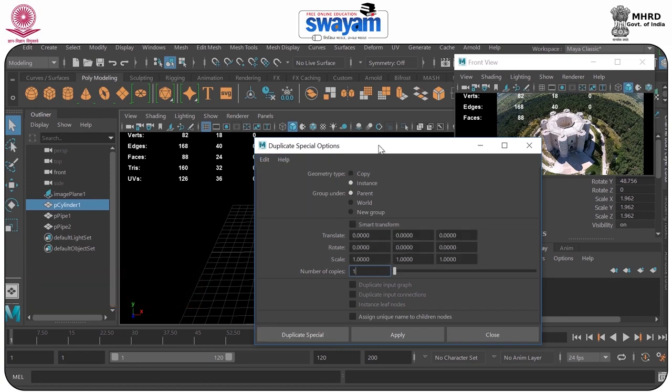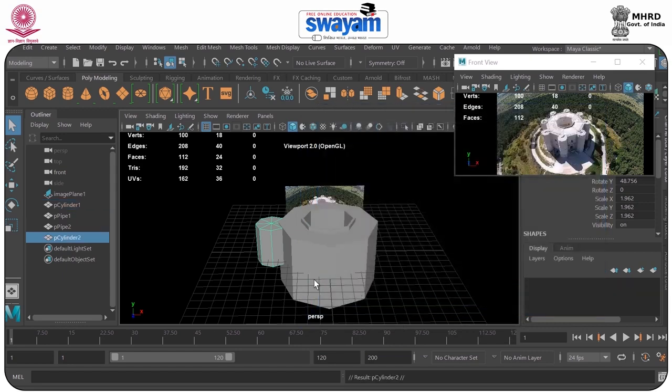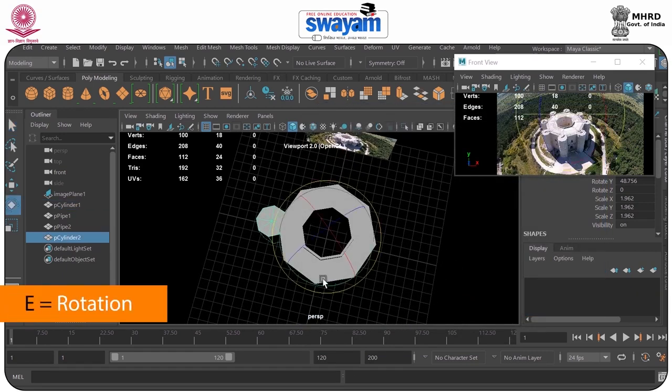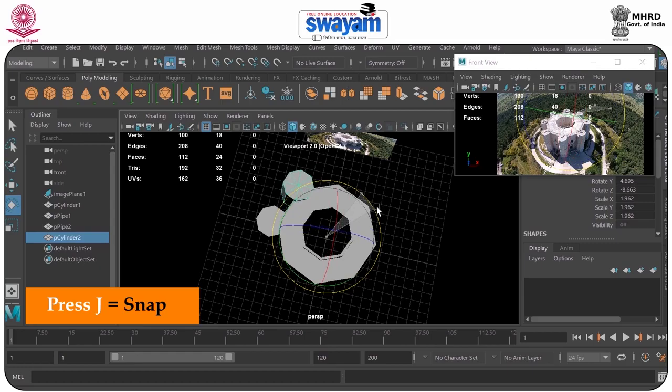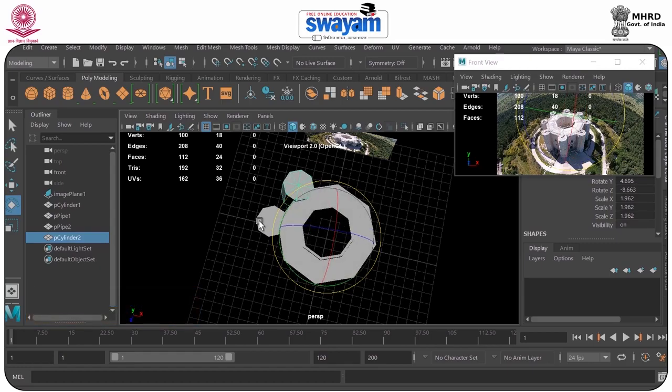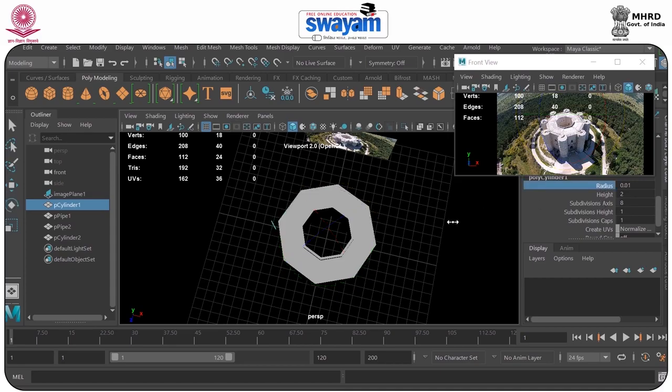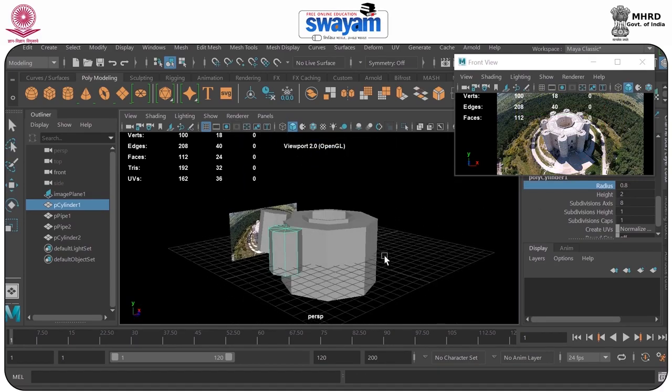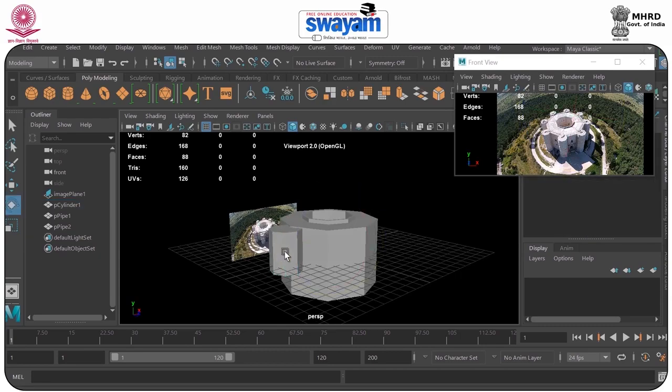Fine. Duplicate special, and now E and J for rotation. So see now what will happen here, when I change the radius of this one, the second one would also be affected automatically.